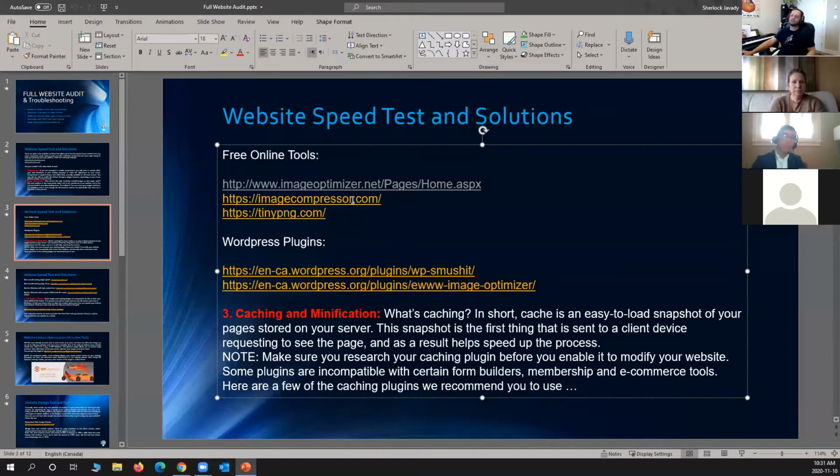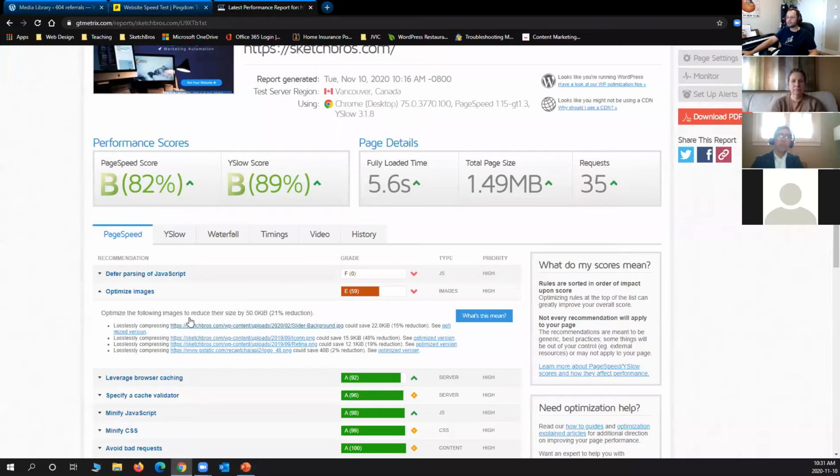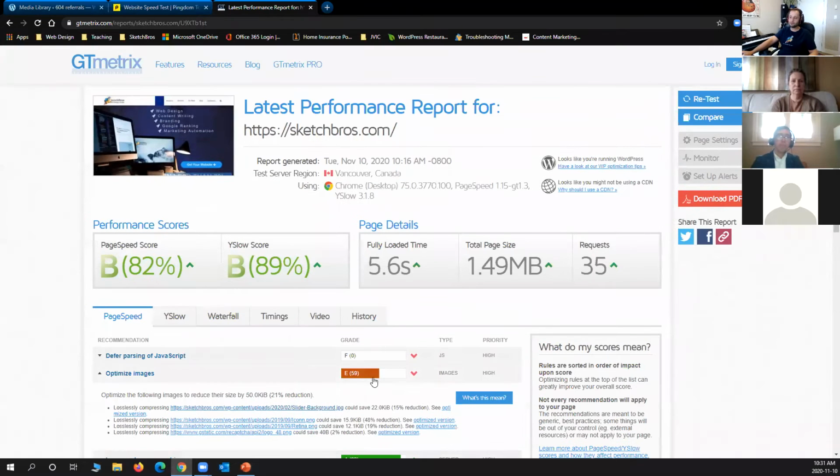But what if, like I've already done, I don't want to take the images off my website, and WordPress itself is still not good enough. After I resize all my images using WordPress, my website is still a little slow. And when I test it, it still tells me I'm using a lot of space for my images. What am I supposed to do? There are plugins. Like a wise man once said, when there is a will, there is a plugin, right? There you go. So here's a couple of them.